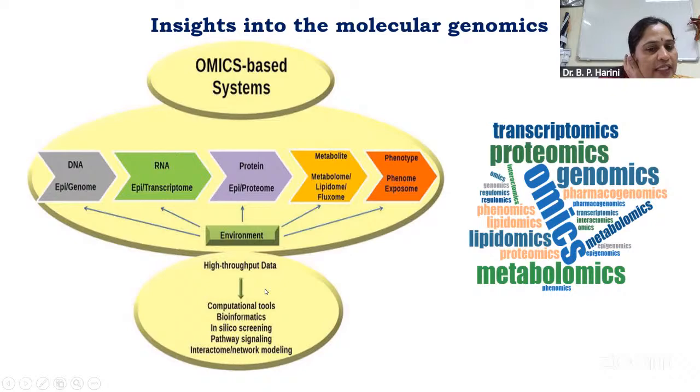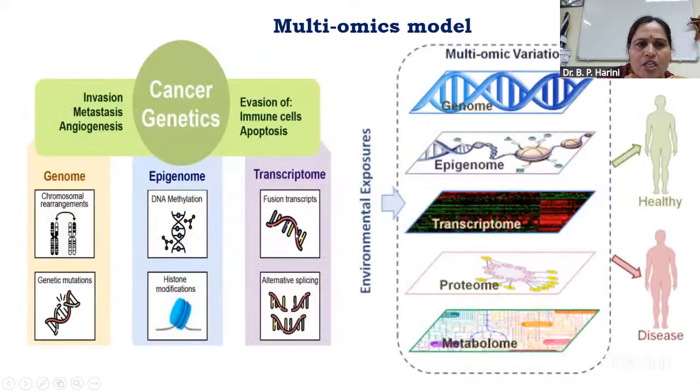So high throughput data is analyzed through computational tools. Bioinformatics is required. In silico screening will be done. Pathway signaling, interaction, and network modeling. So that deals with the molecular genomics. So multi-omics